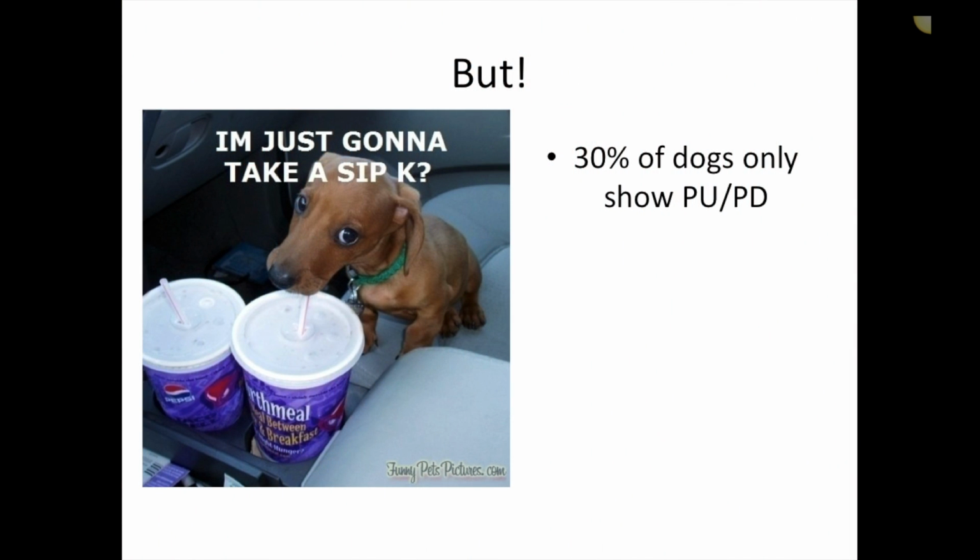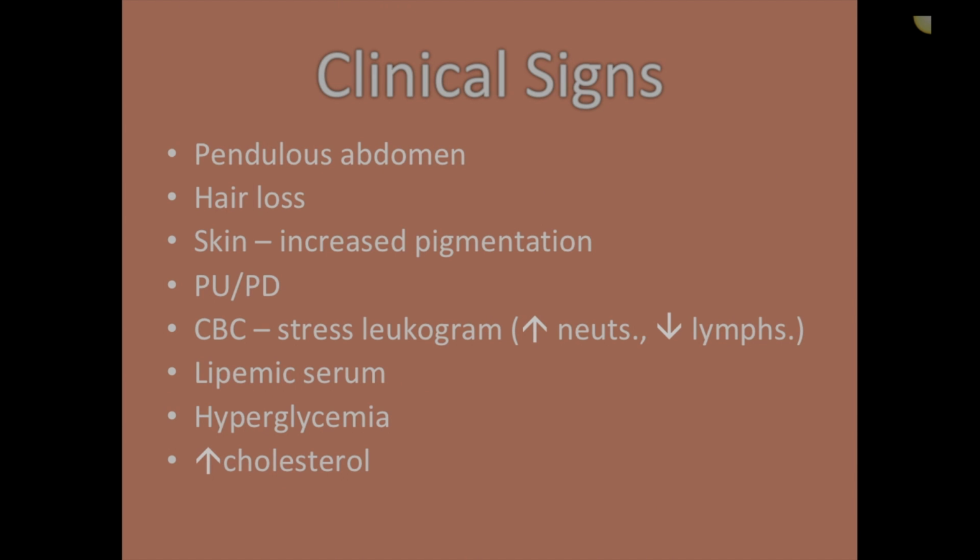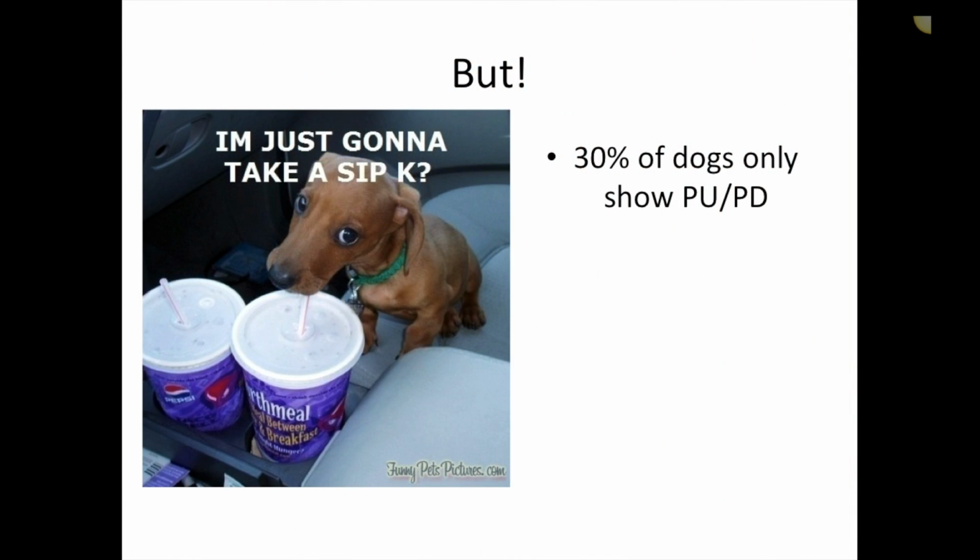Okay, so those are the general clinical signs, and if we go back and review them just a little bit, they can be indicative of other diseases. Like we talked about diabetes, we can see PUPD with diabetes, the hair loss and that increase in pigmentation, we can see that with hypothyroidism as well. So just be aware they do overlap until we start to look at the clinical chemistries and the blood analysis.